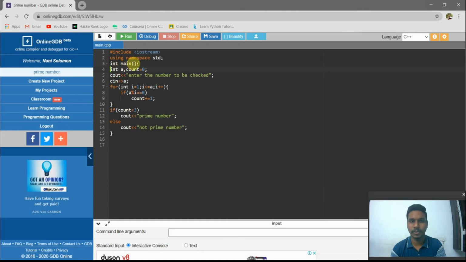Int main, from here our code starts. Int a, we have declared it. So the computer itself will allocate some memory for a. It is an integer. Whether it is 32-bit or 64-bit, it will allocate 4 bytes. So int a has 4 bytes. Then count equal to 0. We have initialized count in the beginning as 0. The value of count is 0 because in future we have to add some value to the count to give